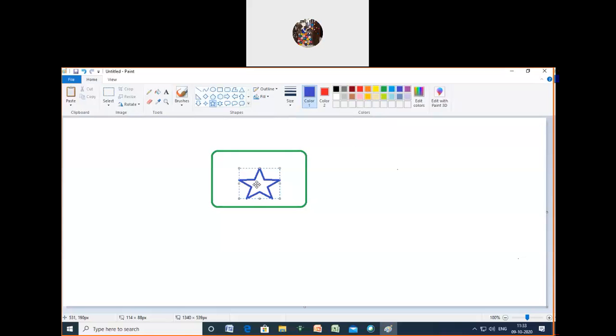Got it? Now I'm going to fill the inside of that star alone with yellow. So what should I select there? Bucket. So which one to select, the bucket? If I would like to choose fill there. Got it? A particular area. Suppose I would like to fill the full rectangle. Again I have to select. Got it? In this way you can color your taken object or taken shapes. So in this way we have to select a given shape there. Then you can select the background color or foreground color. You can choose that part.